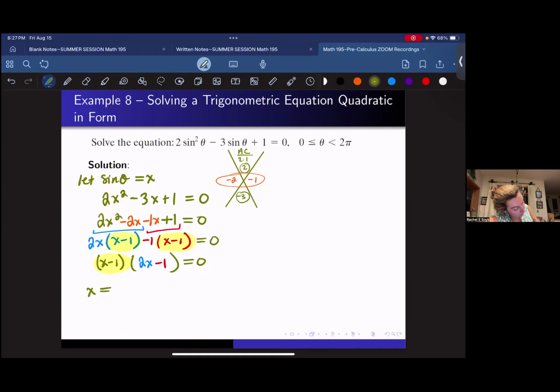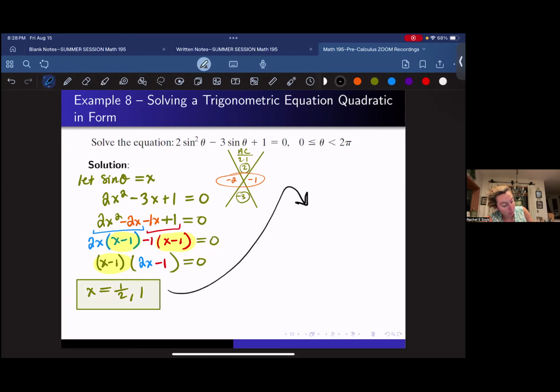We have x is equal to, if you set 2x minus 1 equal to 0, then 2x equals 1 and x is equal to 1/2. And then set x minus 1 equal to 0, and then you get x is equal to 1. So these are our two potential solutions, but we want to now utilize this and plug back in our